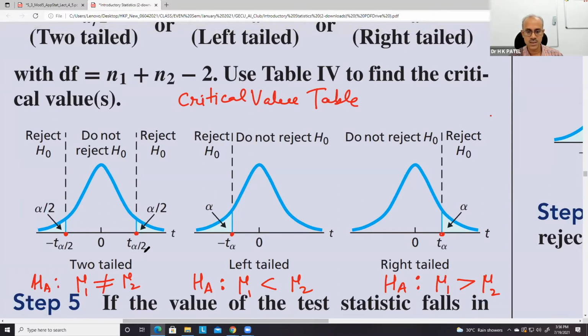If it is T distribution, it will be T alpha by 2, T alpha. If it is a normal distribution, it will be Z alpha by 2, Z alpha. Okay, if it is chi-square distribution, it will be chi-square alpha by 2 and chi-square alpha. And similarly, if it is F distribution, it will be F alpha by 2 and F alpha. Okay, so